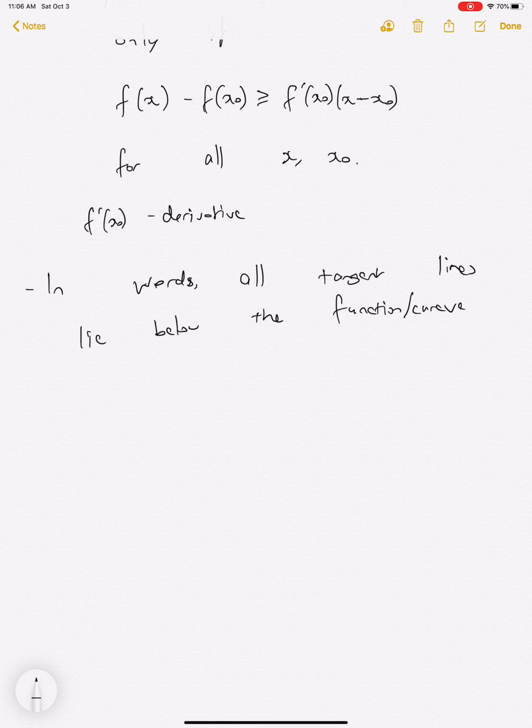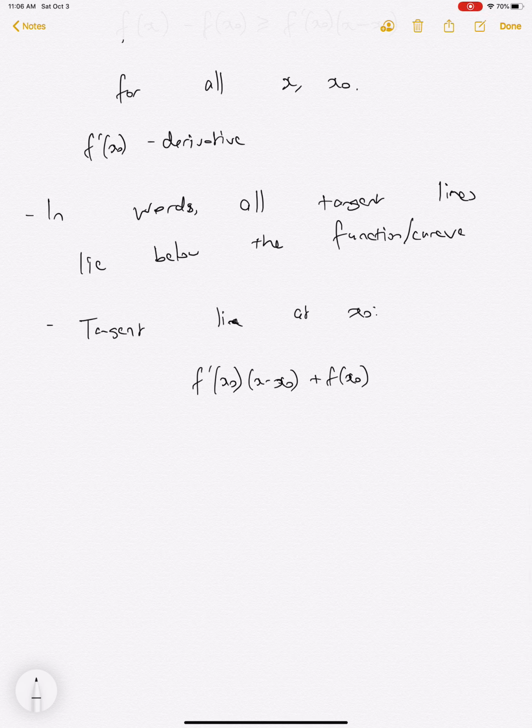The tangent line at x0 is a function of the form f prime of x0 times x minus x0, plus f of x0. So that's the tangent line, and we're saying that f of x is bigger than